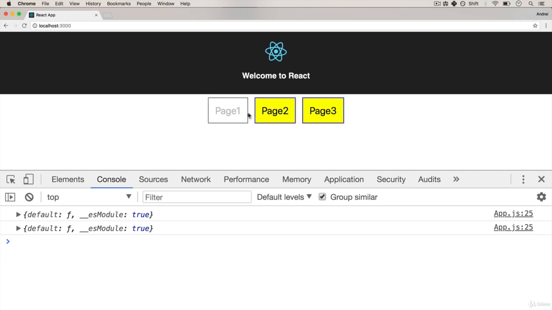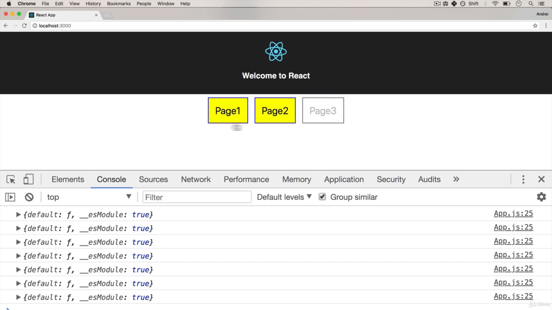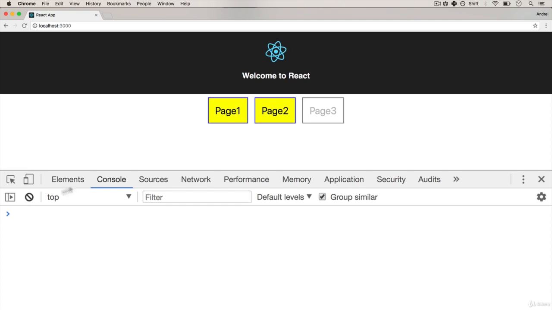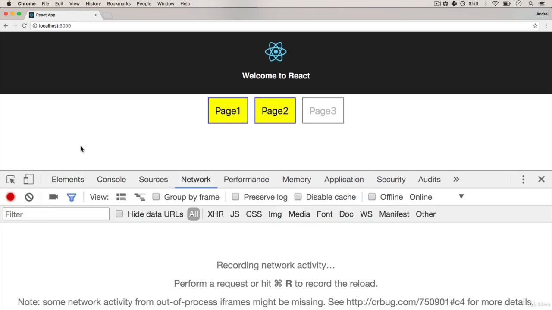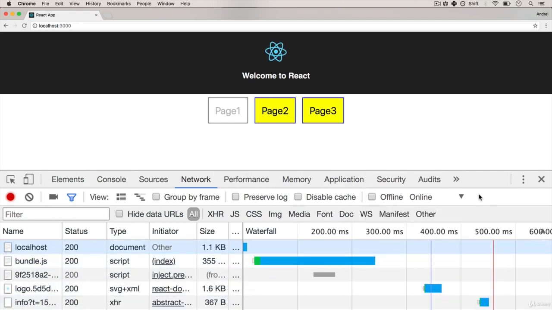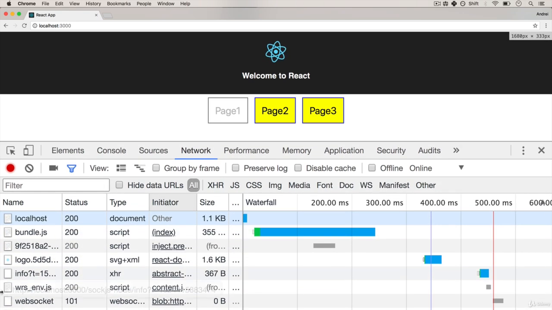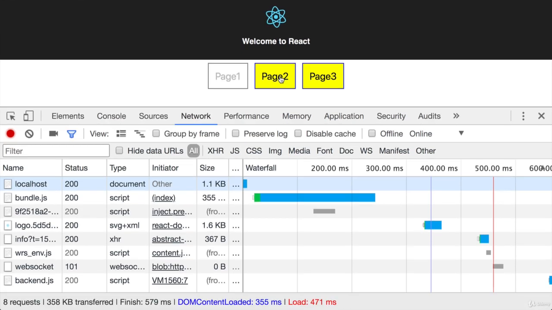Everything is working, but are we actually code splitting? Did we just implement code splitting? Well, let's check it out. I'm going to go to the network tab. I'm going to clear this, and I'm going to refresh. All right, so nothing's changed so far. Let me make this a little bit bigger. We see the bundle.js file. When I click on page2,